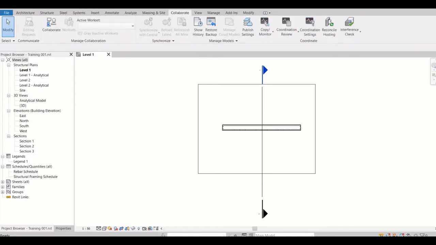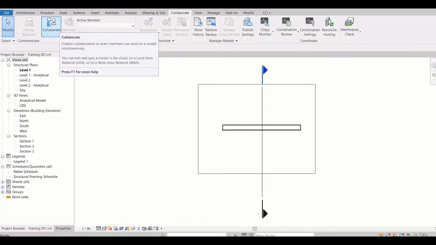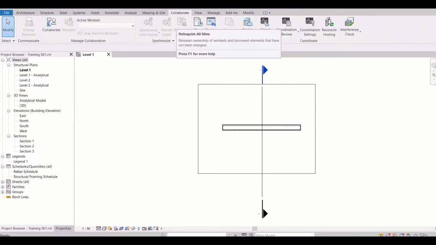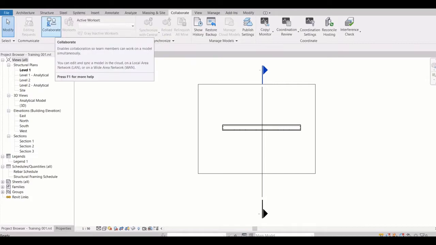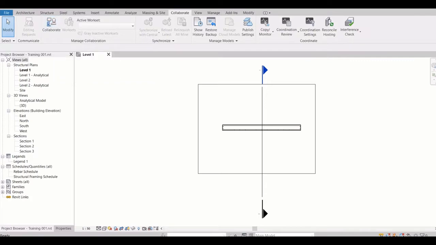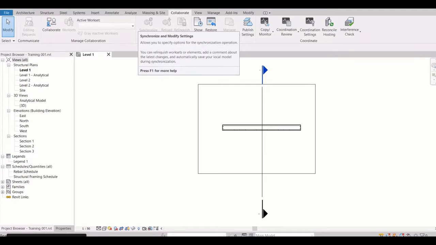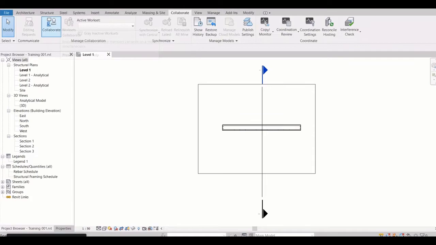Okay, this is for collaboration. If more than one or two people are working on the same project, then we use a collaboration system. For that, like in individual software, an individual system, we cannot do that. There are two ways: either we have a shared server like we have in our offices, where we can put one central file in one location, and then many users can access it at one time. So that is our collaboration system, right?